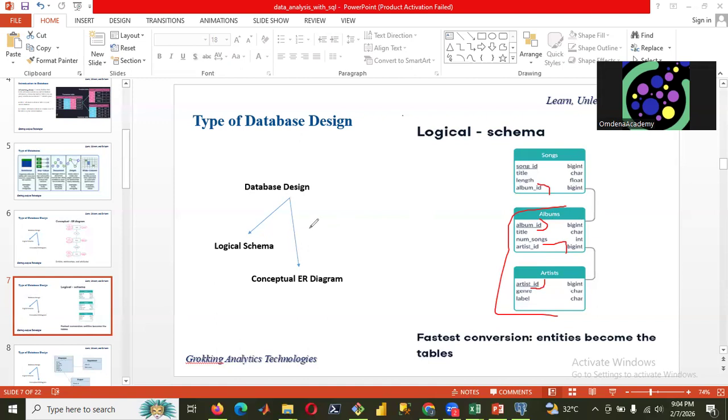It's just how the tables are connected, right? How the columns in the tables are defined, and then how the tables are connected. So remember, entities become tables. So if we move further,